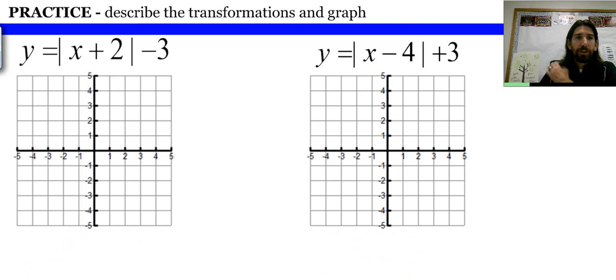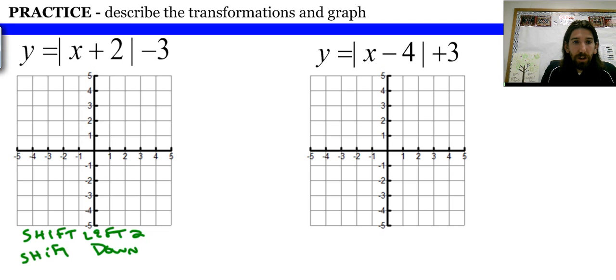So now let's try to put them both together. Notice that now I have a number on the inside and on the outside. Well, what did adding on the inside mean? Then if you go back to that rule, look at your notes. Adding 2 on the inside means that we shift left 2. But the subtracting 3 on the outside, if you go back and look at the beginning, that means we shift